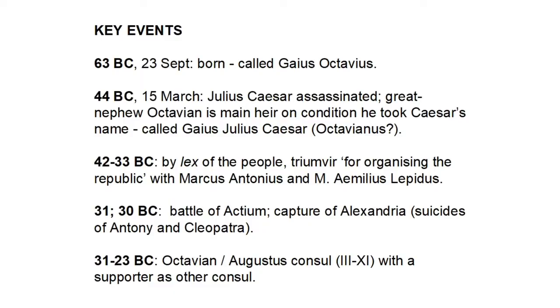Okay? In 44 BC, Julius Caesar is assassinated, and it's often said he adopted Octavian. Well, he didn't adopt him. He left him as heir if he took his name. So it's actually Octavian who decides he will take Julius Caesar's name, and therefore, from 44, he is called Gaius Julius Caesar. And Dio and all the ancient writers refer to him largely then as Caesar, because that's who he was to them, right? It's a bit confusing, so we tend to call him Octavian, which is, if you're adopted, you might bung your previous name in adjectival form on the end. He didn't, but all right, that's why we call him Octavian.